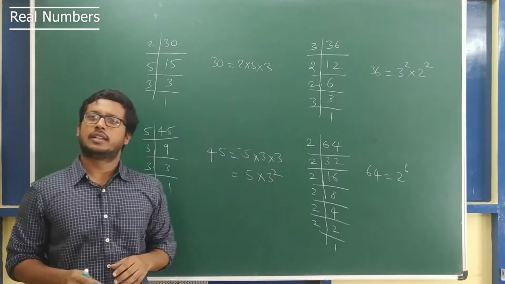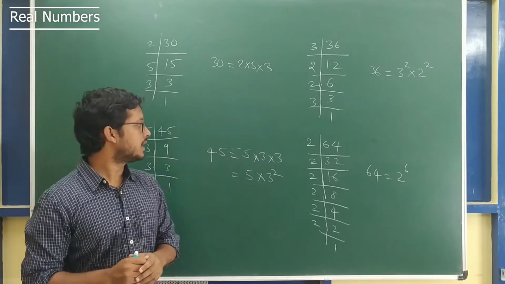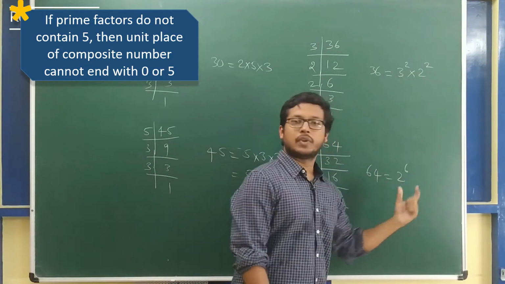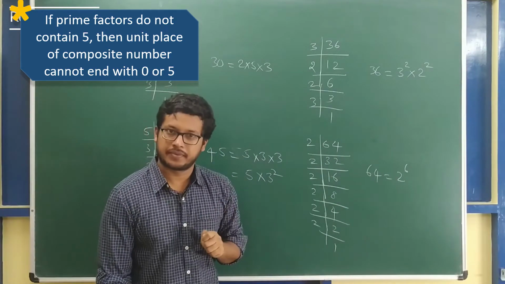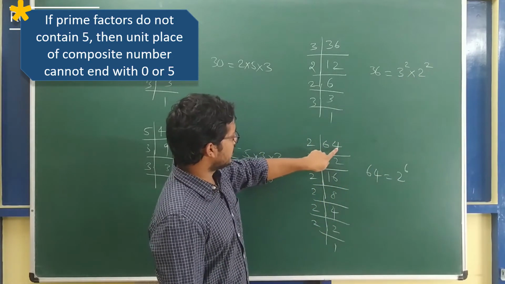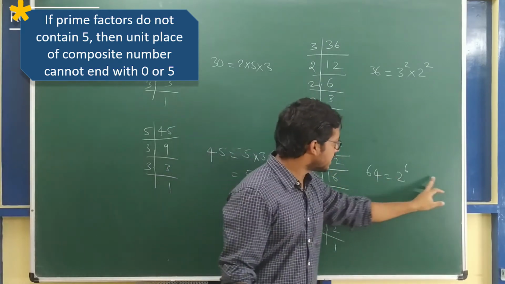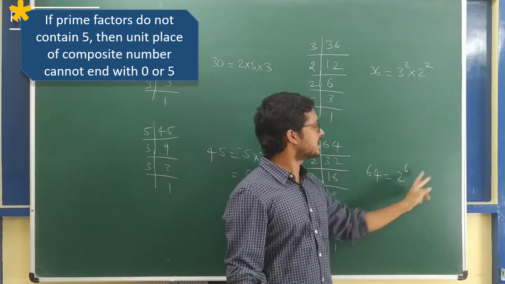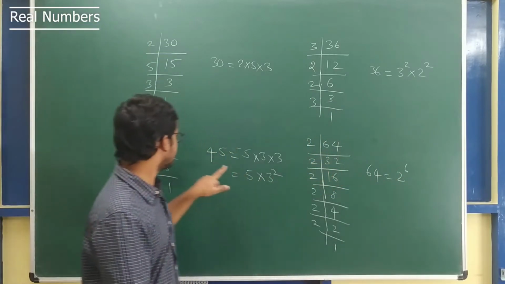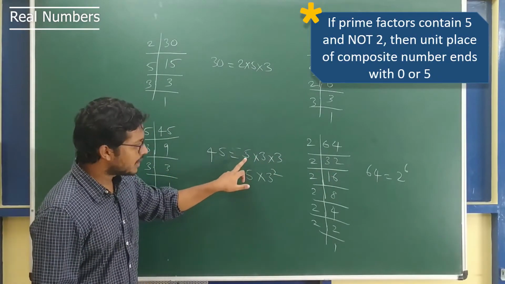A few important notes that we understand here. The first important note is that if the prime factors of any composite number do not contain 5, the unit digit or the last digit of the composite number will never be 5. Or in other terms, if there is a 5 in the prime factors, you multiply some numbers and then multiply by 5, definitely the unit place will be 5. Let's take this example. Here there is a 5 in the prime factors. So when there is a 5